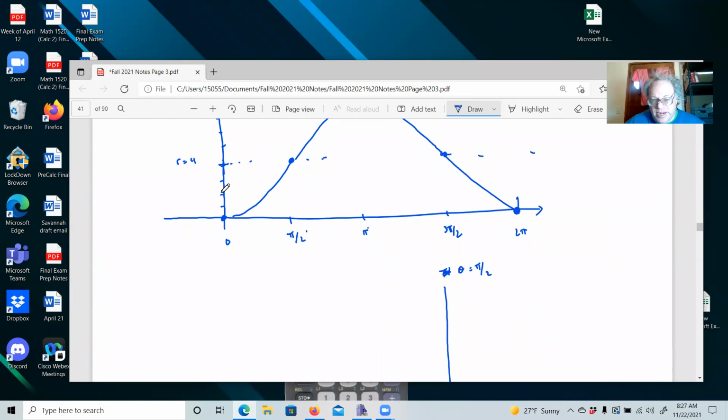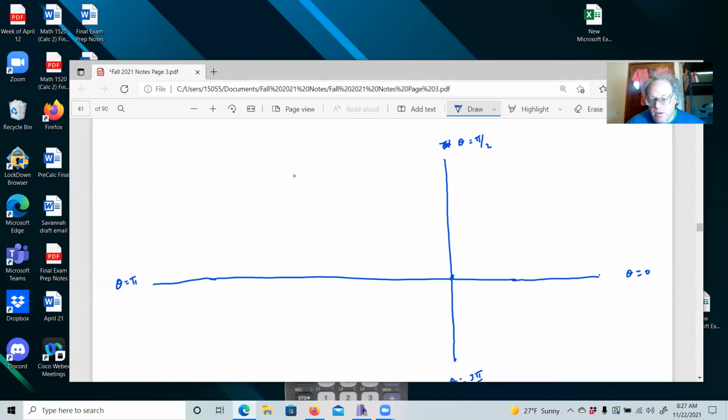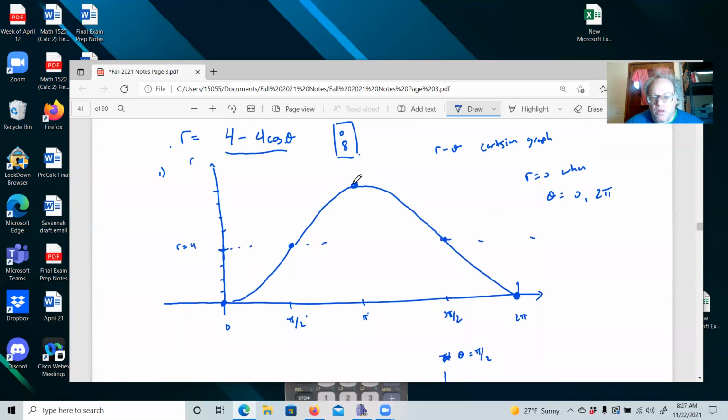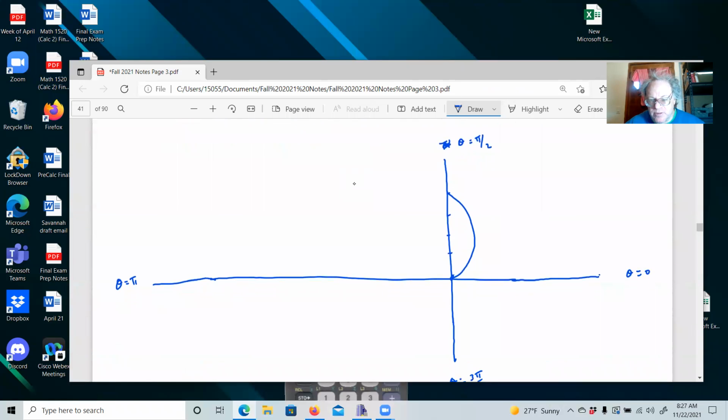So when theta hits pi over 2, my r is going to be 1, 2, 3, 4. And then once we go from pi over 2 to pi, here's what's happening. We're going from 4 all the way out to 8. Okay, so I'm going to try to get this to be about